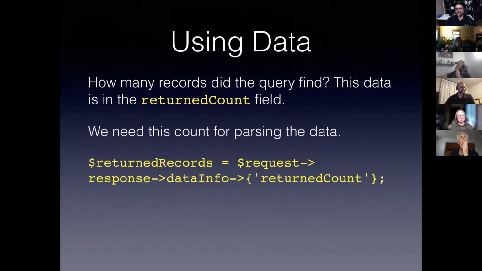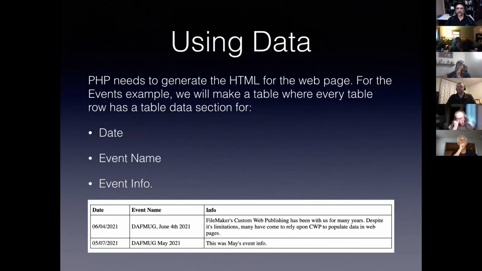So one thing that would be necessary for parsing data is finding out how many records we got. And we can find that too, because it's in the data. It's in request, response, data info, return count. That gives us the number of records that we got back. So what we want to do here is, I'm just keeping it super simple with no CSS, but we're going to make a table that has an event date, an event name, and some event info. And all of this is coming from